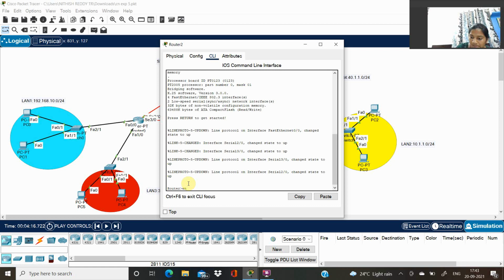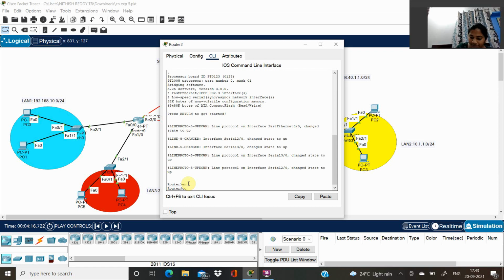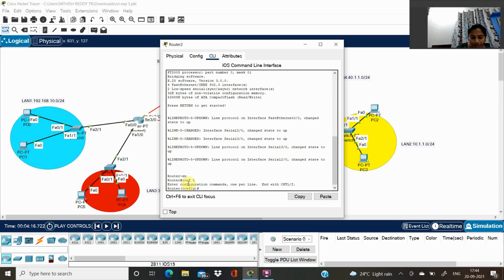Enable, configure terminal. Next, IP route and the network address of LAN 1 as 192.168.10.0 and subnet mask as 255.255.255.0, and these both are connected to the series S2.